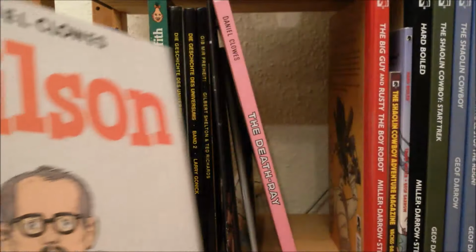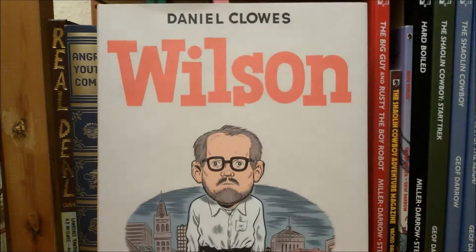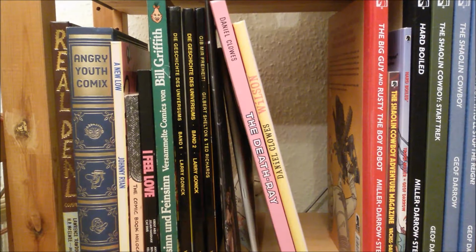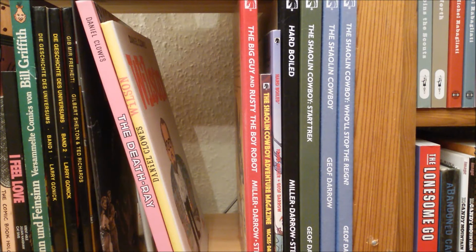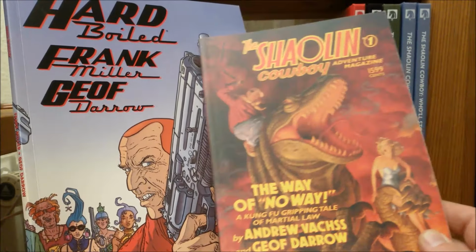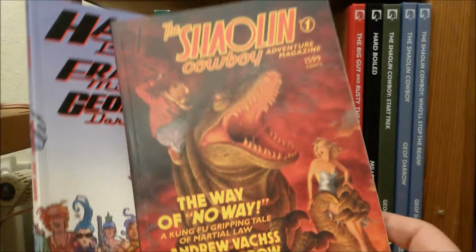I did already a video about this one here, but otherwise I'm totally shamefully behind covering this section. And Daniel Clowes comics are highly, highly important for me. As is, quite frankly, this guy here, Geof Darrow. And here you see an older softcover edition by Dark Horse of Hardboiled, written by Frank Miller, and a pulp novel,